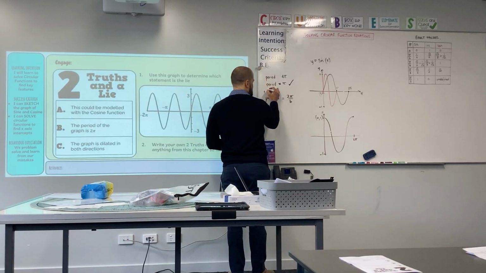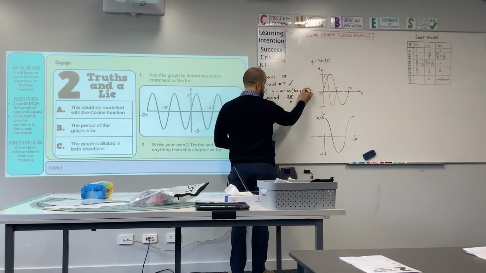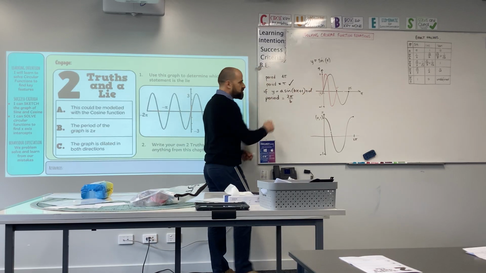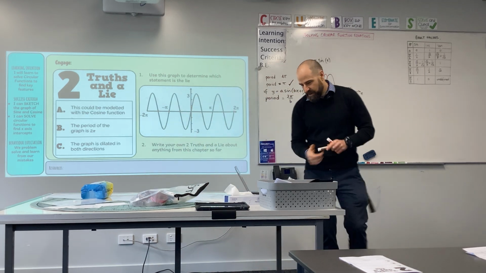Now this is if y equals a sine of bx plus c, plus d, then it's 2 pi over B. In the actual study design for you guys,